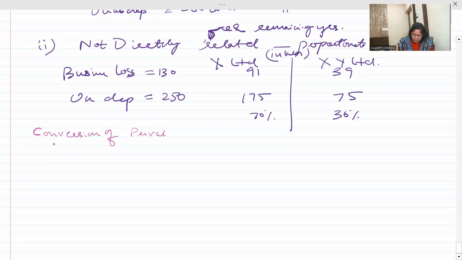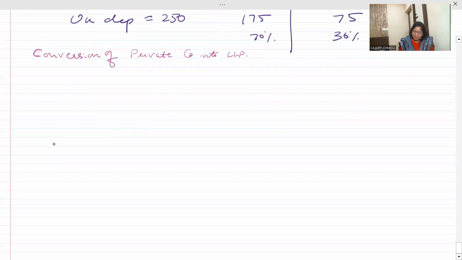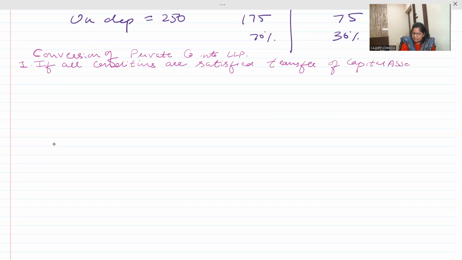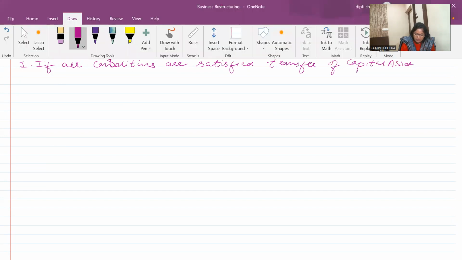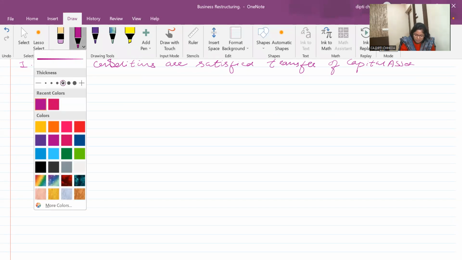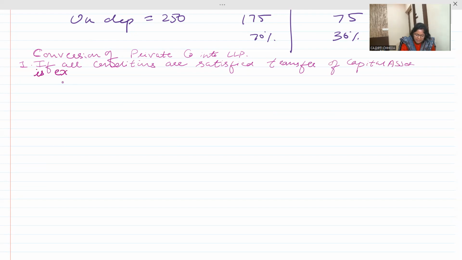Conversion of private company into LLP. Private company into LLP, that's what we are solving in the sum. You can write a note initially. If all conditions are satisfied, transfer of the capital asset is exempt from tax,